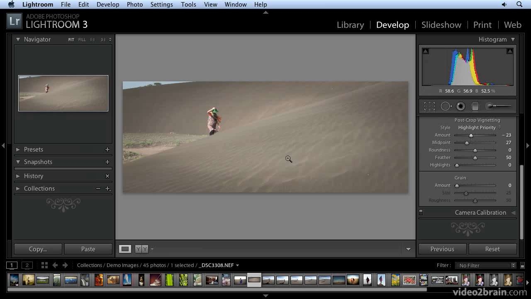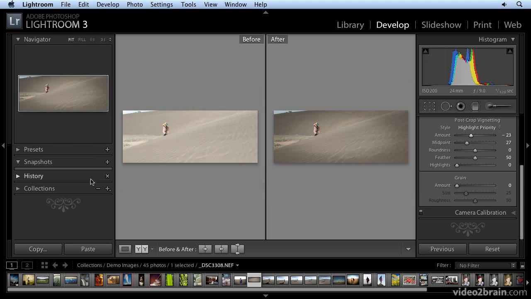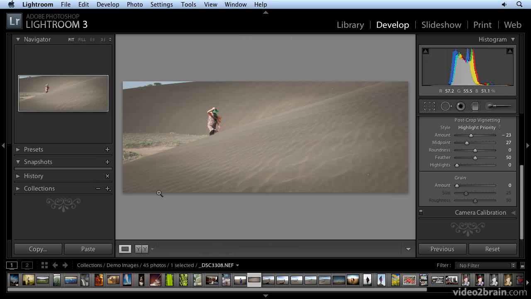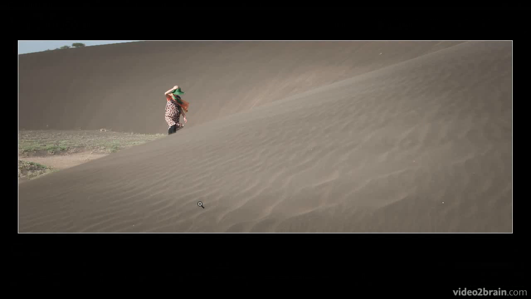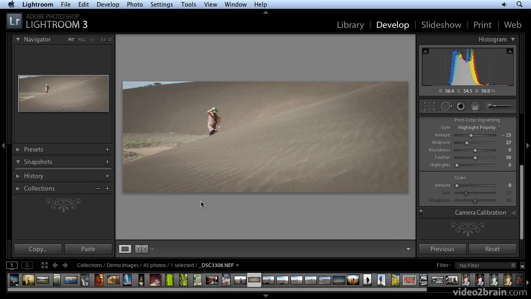Okay. Now, let me show you, I'll do a comparison, and you can see the power of cropping. All right, so we need to get this one. Okay, now you can see, I think I've really improved this image. Let me make it so you can see it a little bit easier. I'm hitting the Tab key, which removed the left and right panel, and I'm going to go into lights out mode. And this is really the power of a good crop. Now, the image, which before was okay, I think now has turned out to be a very, very nice image, mostly from the strong cropping and then the application of the post-cropping vignette. Okay, so let's put the left and right panels back and hit the L key, and we're back to this